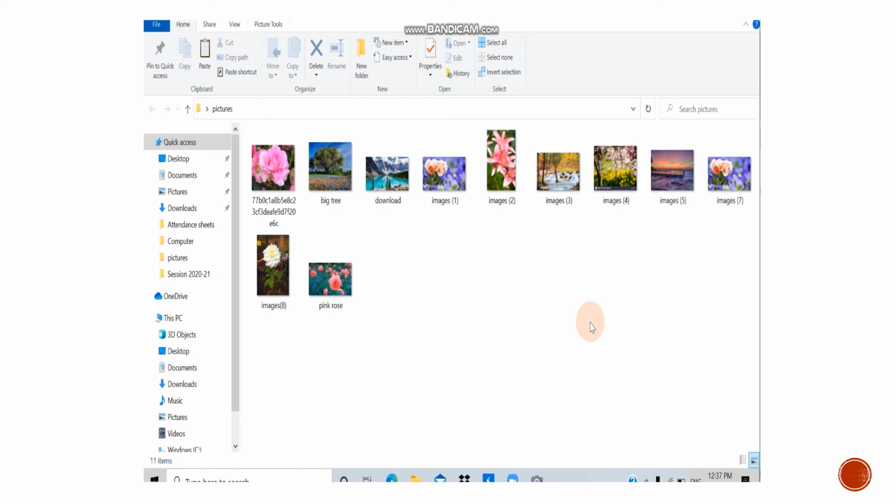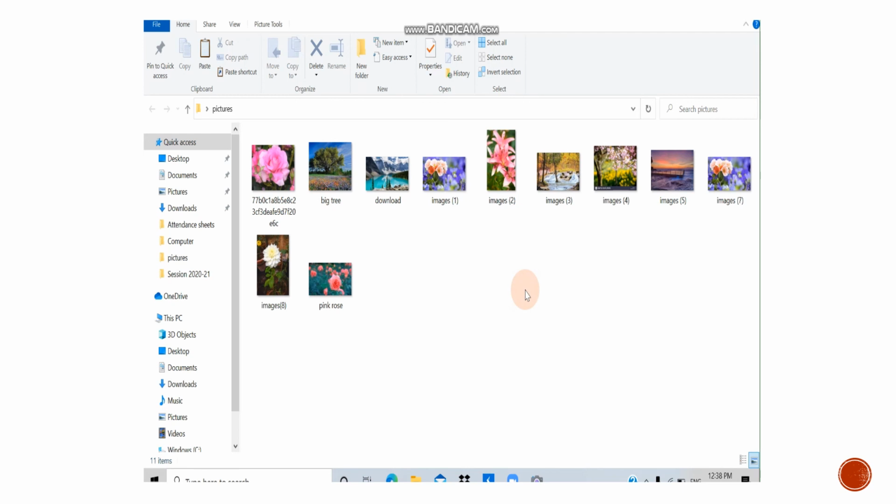Children, now let us learn how we can create a shortcut on our desktop. You can see many pictures here, and this is our new folder. In one folder, I have kept all these pictures. Now I want to send one to the desktop.